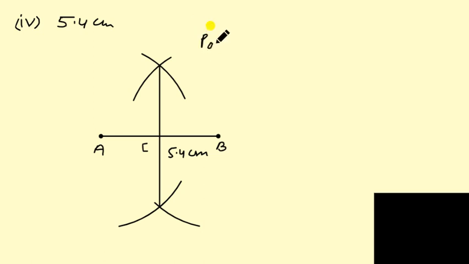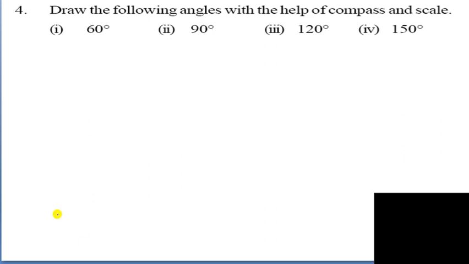Now take a roundel or compass, keep it at point A and make an arc, taking a distance more than half. It is more than half, and fix the distance, and now make an arc like this. Once again, you can take that side and make an arc also. Now the bisector of the line segment, so you can do it very well.